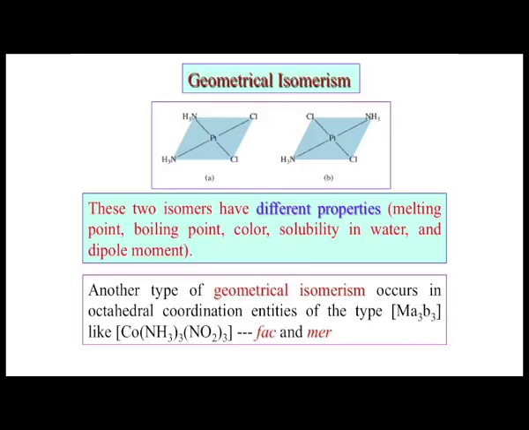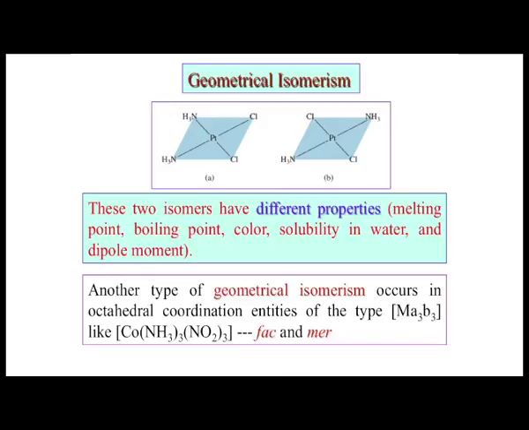Obviously, we all know that for organic molecules, the cis and trans compounds, the corresponding dichloride and dibromide compounds, this platinum-chlorine bond and that platinum-chlorine bond have a charge separation, so the bond dipoles are there. For the cis compound, the bond dipoles will be additive in nature, but in the trans case they will cancel out. So, the trans isomers in square planar geometry for platinum, palladium, even nickel compounds, will have a dipole moment close to 0, or sometimes exactly 0 as we theoretically predict. But in the case of the cis isomer, we have a dipole moment.